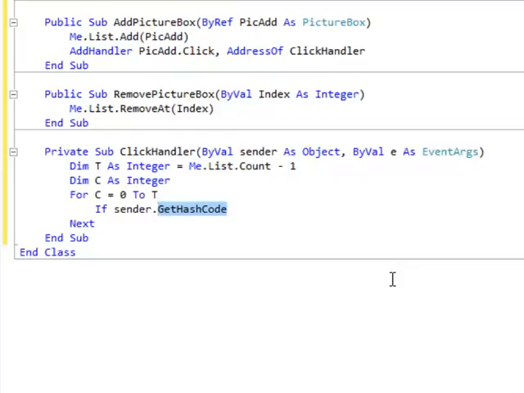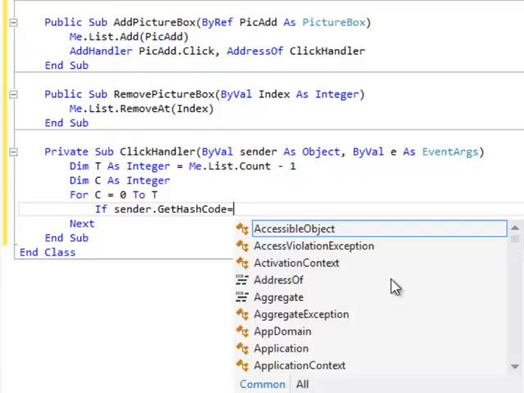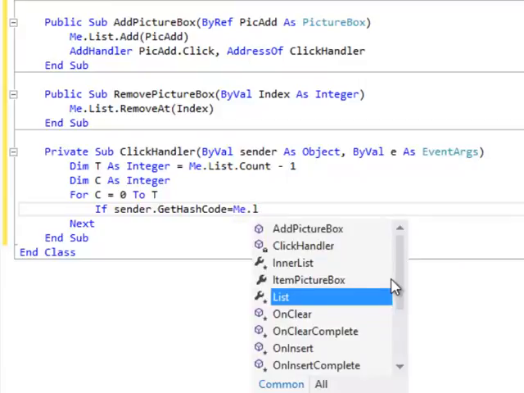In previous versions like Visual Basic 6, there was a handle property that was the explicit handle of an object, used to refer to it. But in Visual Studio .NET there is no handle, so I can use this hash code to do a similar test. So if sender.GetHashCode equals me.list(c)